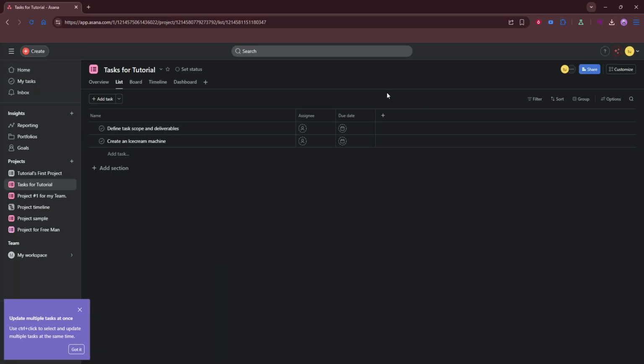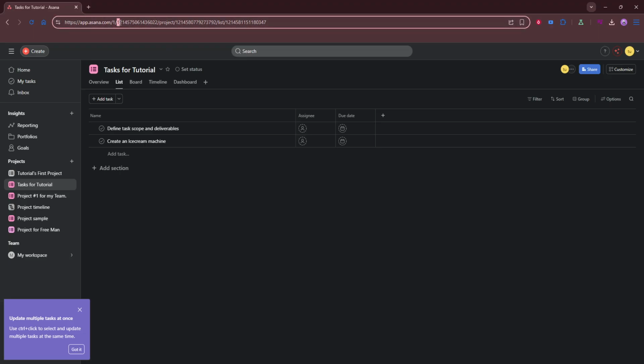Now, look up at the browser's address bar. The project ID is tucked right into the URL. Asana structures project URLs so that a long string of digits appears in the path. It typically sits between slashes and may be followed by the view you're in, such as list, board, or timeline. For example, you might see something like